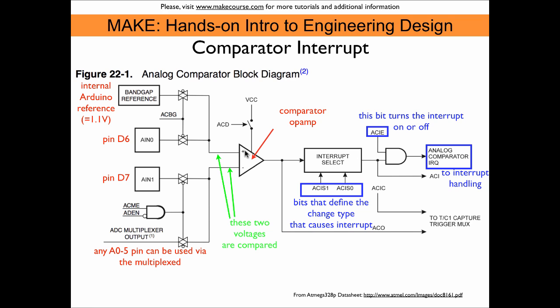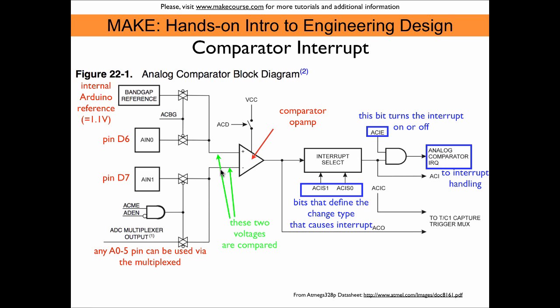So for each of these inputs to the comparator we have several choices. For the reference voltage, we can either use a built-in reference, which is 1.1 volts. This could be set with this bit, ACBG. And if we don't want 1.1 volts, if we want to control the reference voltage, then we can switch that positive input to pin D6. And that simply means that the D6 pin is being repurposed at that moment to serve as input to the